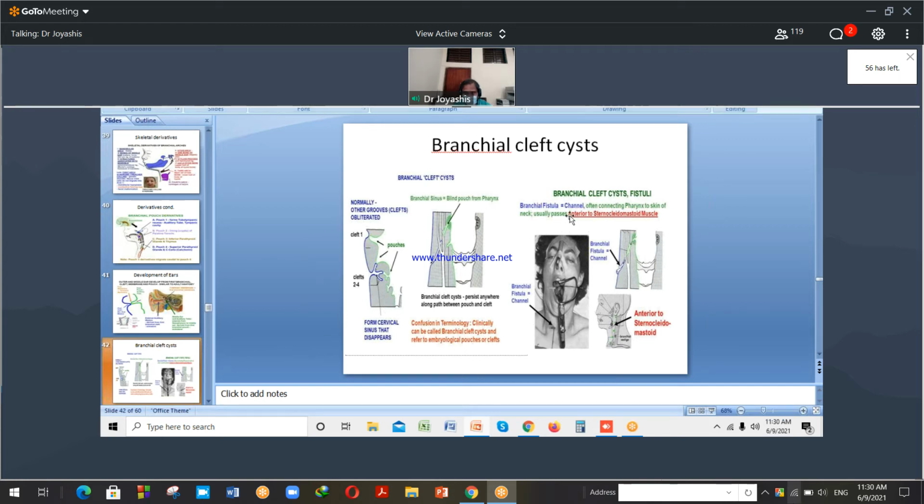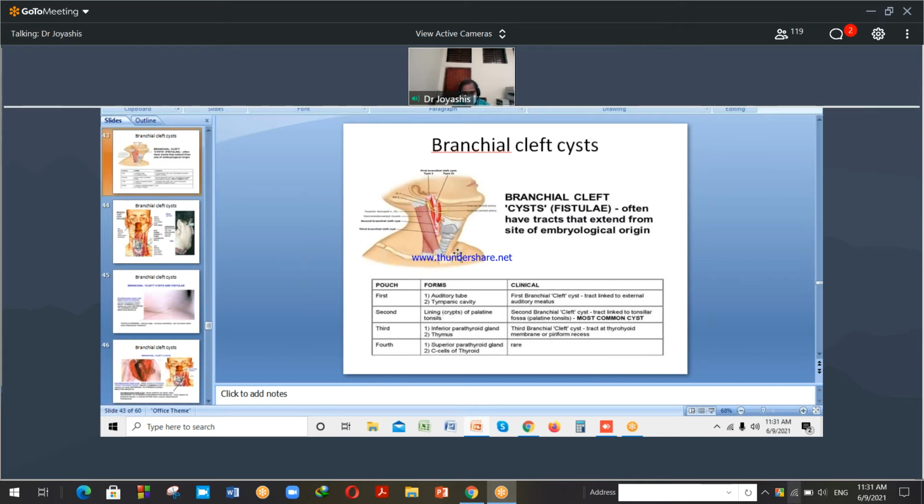Sternocleidomastoid muscle সামনে কিছু চ্যানেল পারসিস্ট করে যায় কানেক্টিং দ্য ফ্যারিংস। ফ্যারিংসের সাথে আমাদের স্কিনের একটা কানেকশন টিউব তৈরি হয়, যেটাকে আমরা বলি ব্রাঙ্কিয়াল ফিস্টুলা। ইউজুয়ালি পাসেস অ্যান্টেরিয়র টু দ্য স্টার্নোক্লিডোমাস্টয়েড মাসল। স্টার্নোক্লিডোমাস্টয়েড মাসল সামনে থাকে, এই জায়গা হচ্ছে ব্রাঙ্কিয়াল ফিস্টুলা, যেটা স্টার্নোক্লিডোমাস্টয়েড মাসল এর সামনে এখানে হচ্ছে যে ব্রাঙ্কিয়াল ক্লেফট সিস্ট তৈরি হয়।